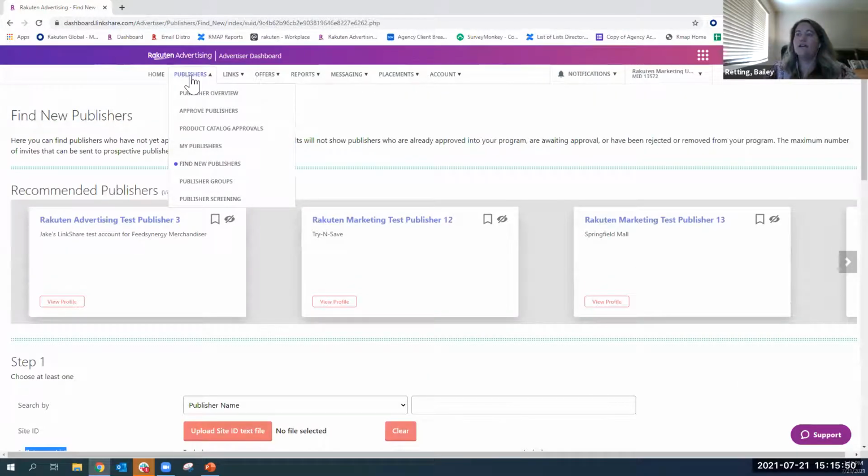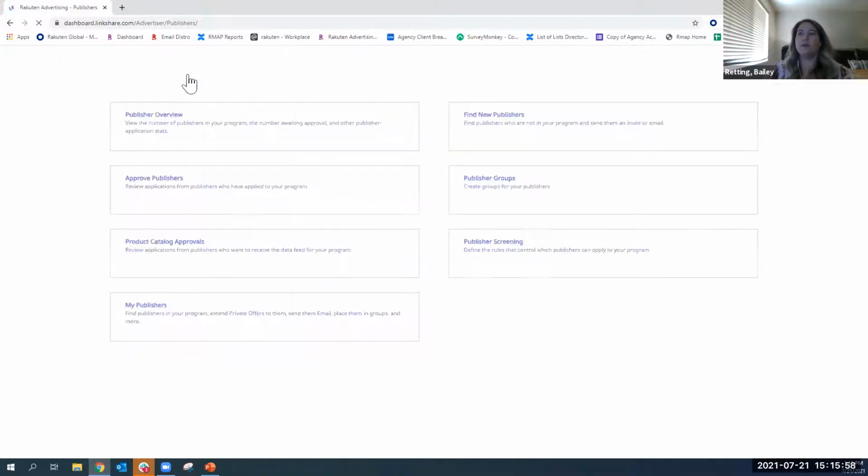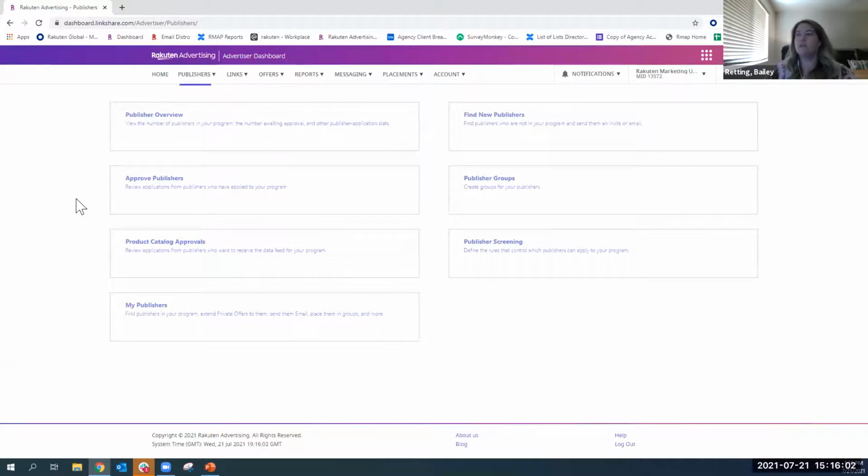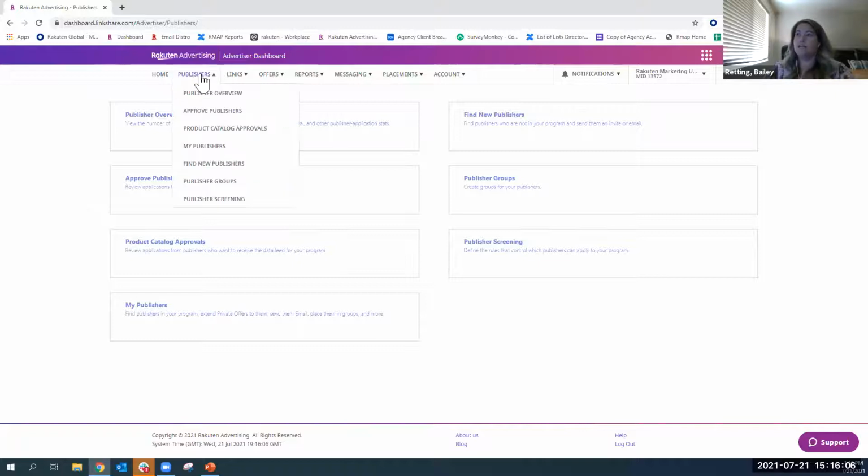All right, and then the last thing that I just want to note here before we move to the next tab is that if you click at the very top of the tab, if you don't actually go into it, it's going to pull up an overview page. And this overview page has basically one sentence about each thing. So if you were looking at this and you saw publisher screening, you're like, I don't really know what that means. If you click right here at the top, it actually takes you to this definition